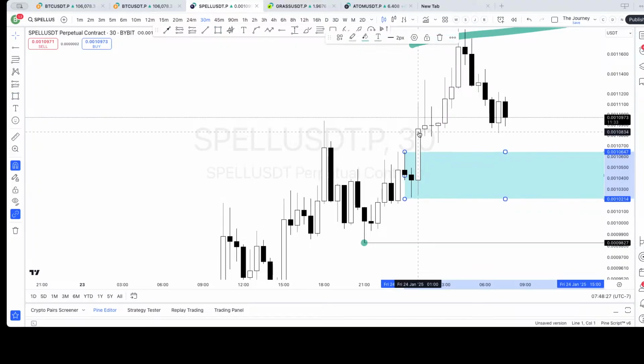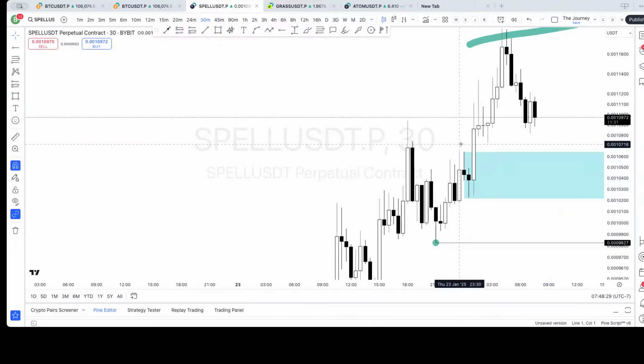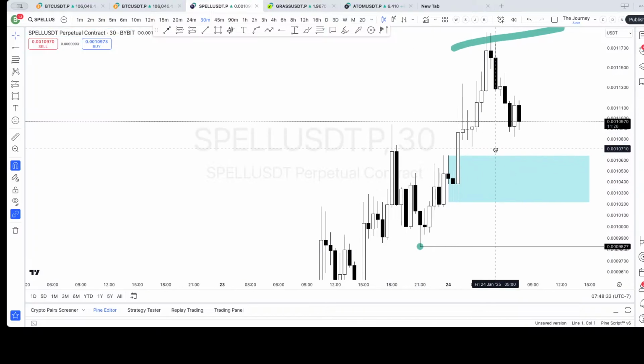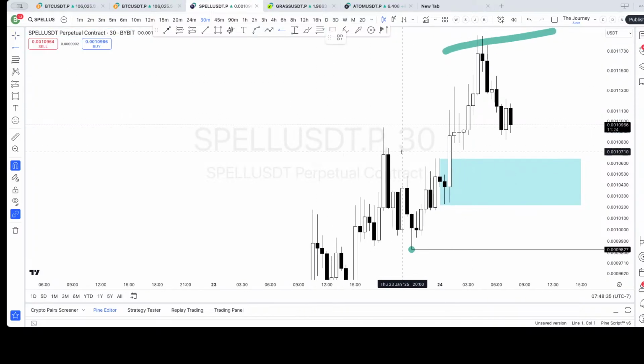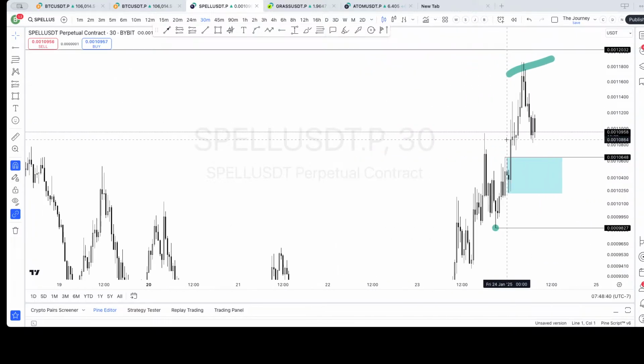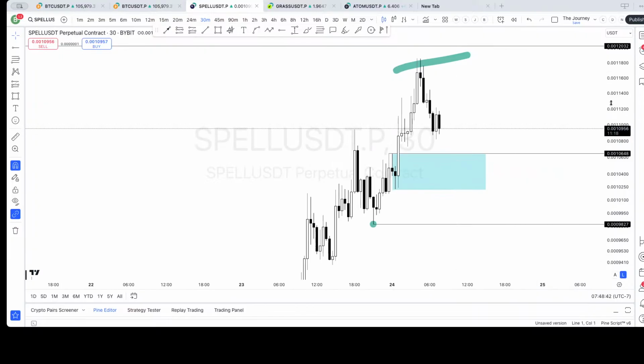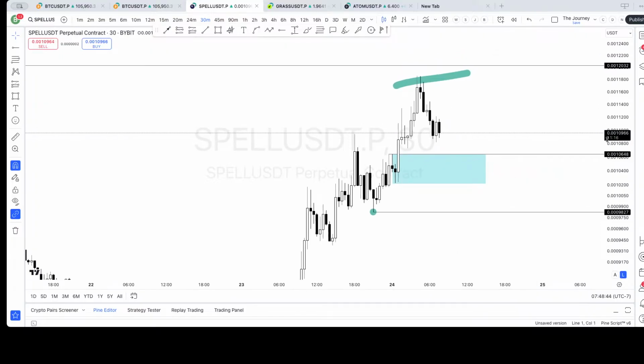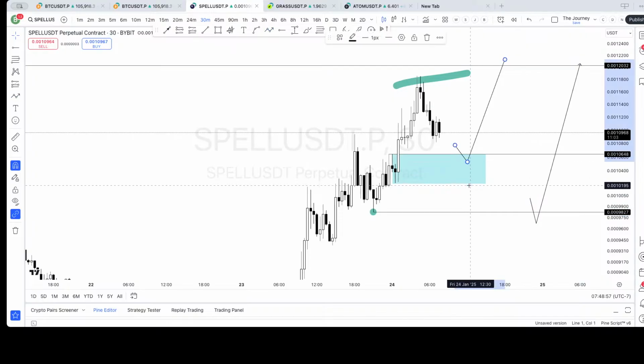I would say that's where the orders got filled that created this inefficiency that took us up above this point right here. So this would be the only two areas I have. I'm not going to spend a ton of time on this because I think if anybody trades Spell, it's going to be Tomalee and probably only Tomalee. But I would look for this to here. You could look for this to here. I would prefer this though.